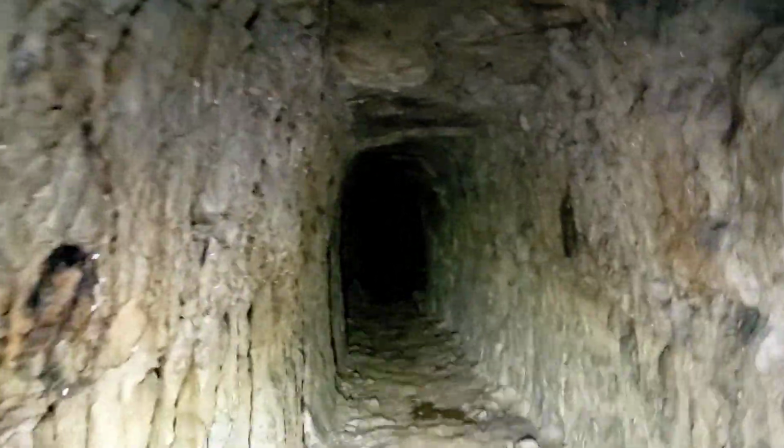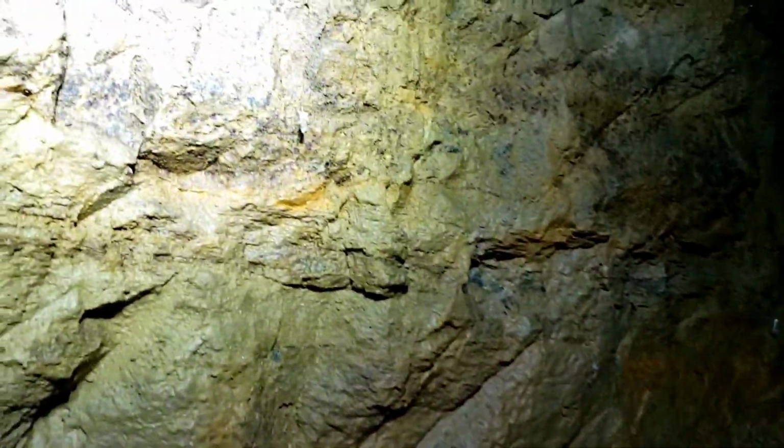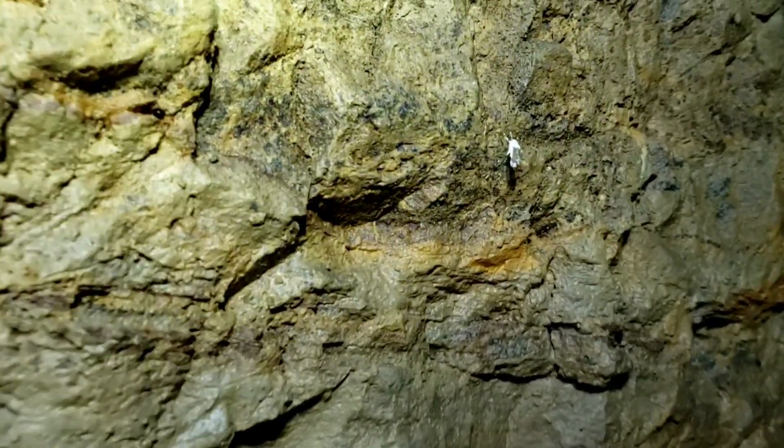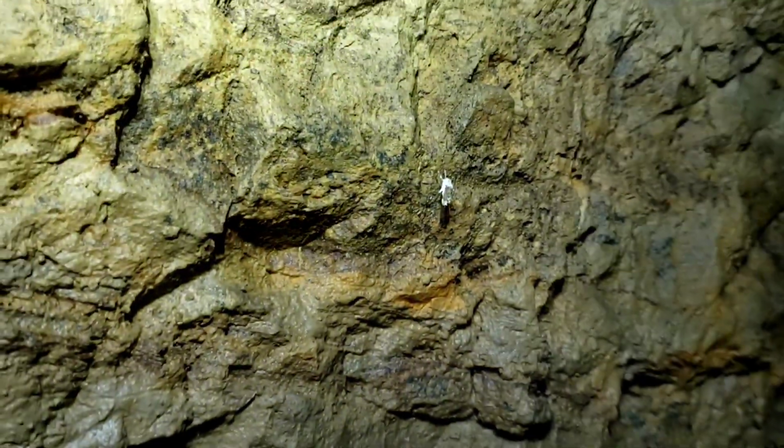I'm glad we crossed over that air shaft. Yeah, that's good. If that had been like a 20-foot drop, I might have been a little bit more concerned. What are these? Oh, these white things actually are tiny, tiny moths. How round is that? Mosquitoes covered in fungus, so I don't know the moths or...